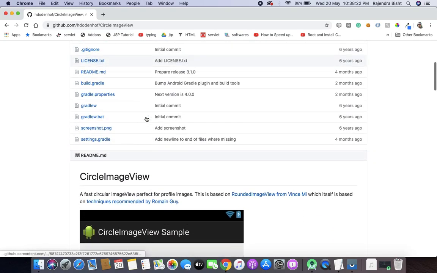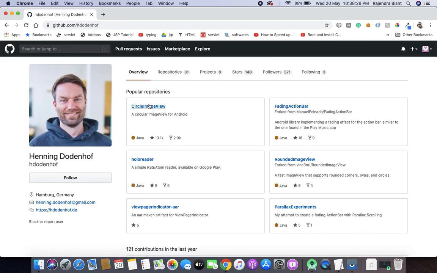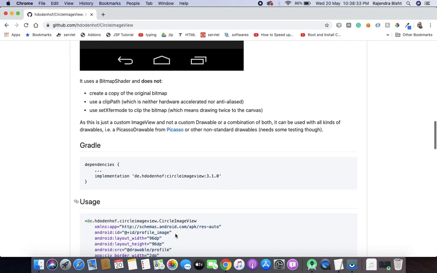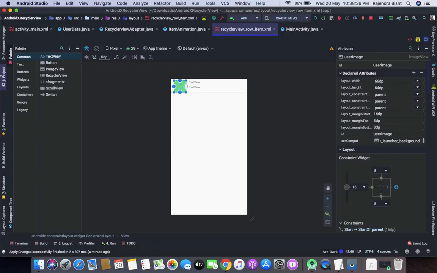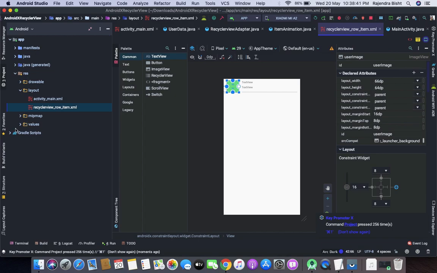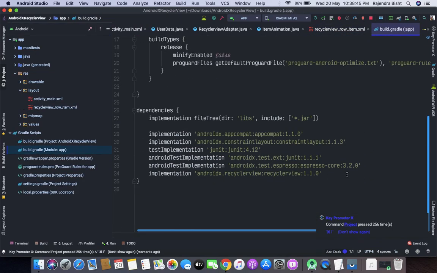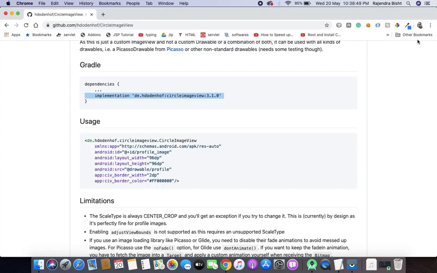So where's the library? Oh, so first I will add the dependencies in the Gradle file. So I am going to the build.gradle file. Here I will add the implementation and sync now.